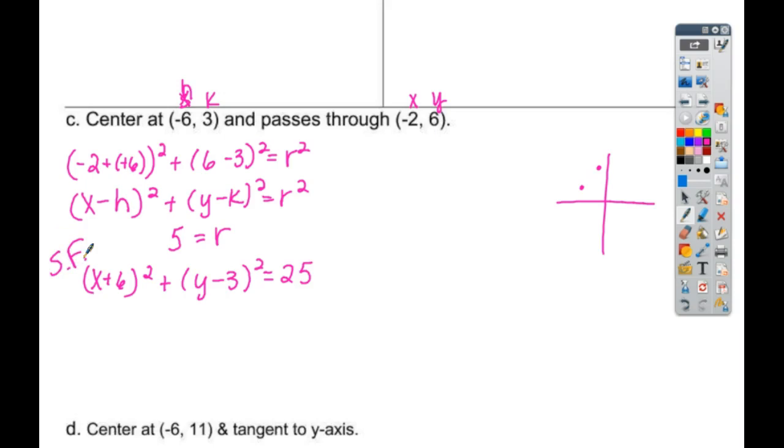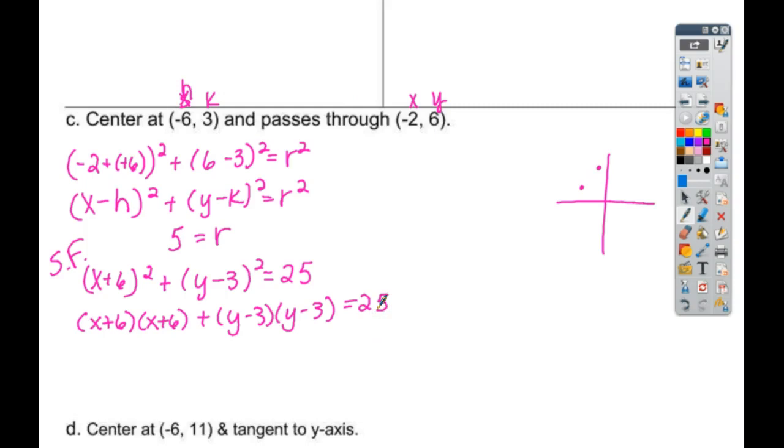I know. So we have standard form. How do I get to general form? X squared plus y squared plus 6x minus. Okay, everybody multiply. We get x squared plus